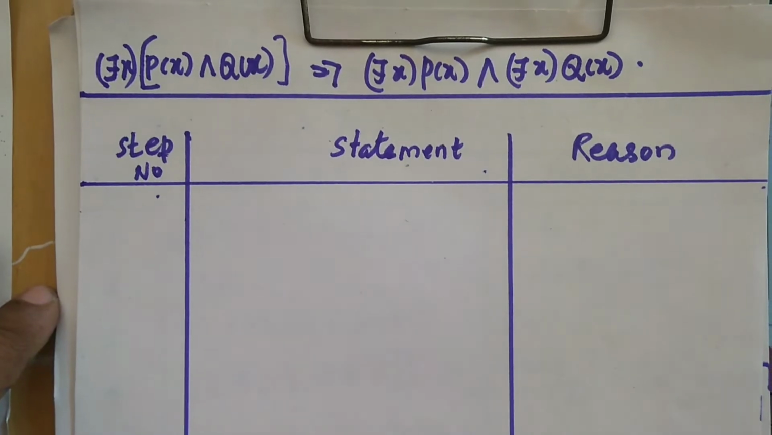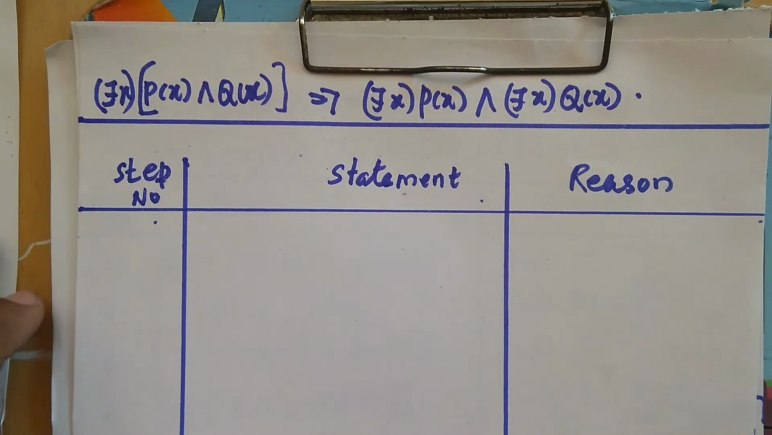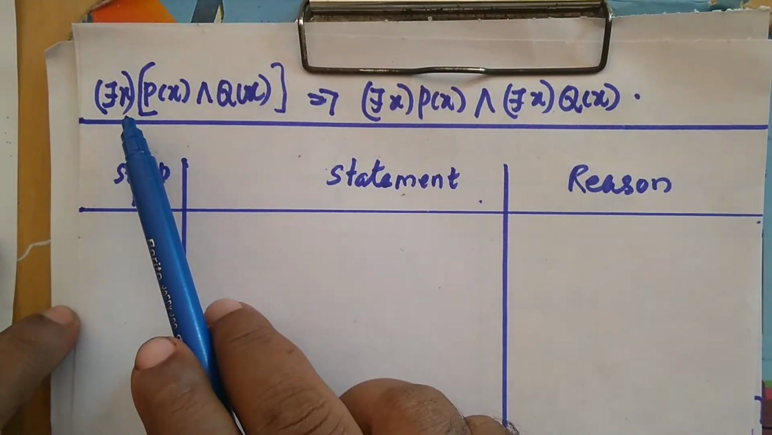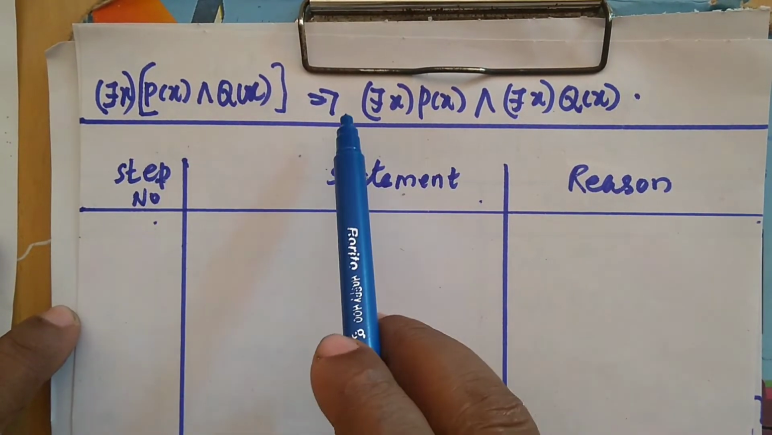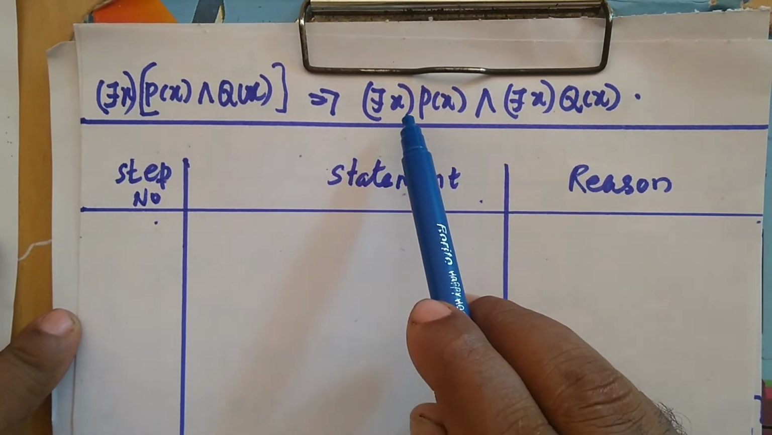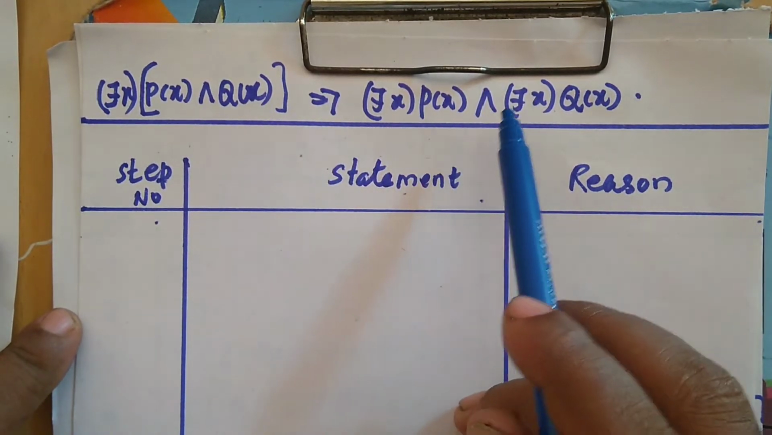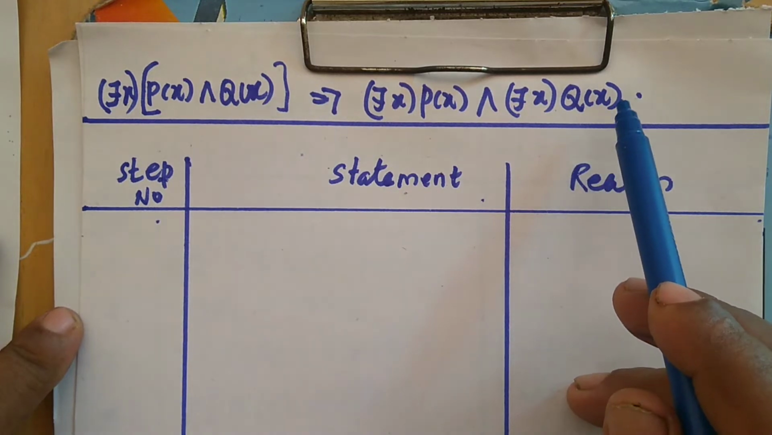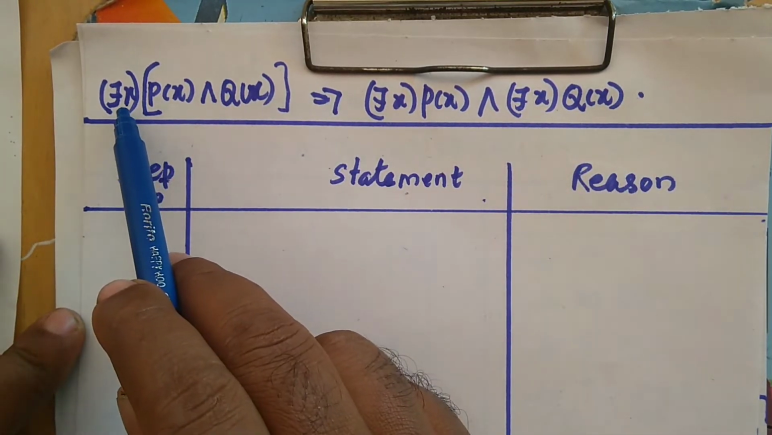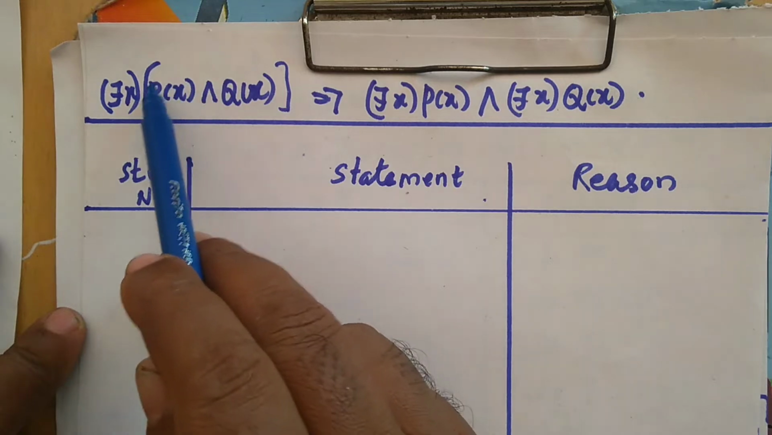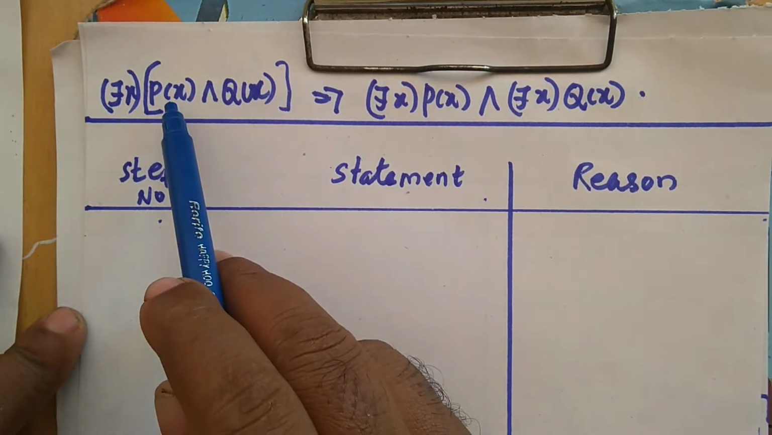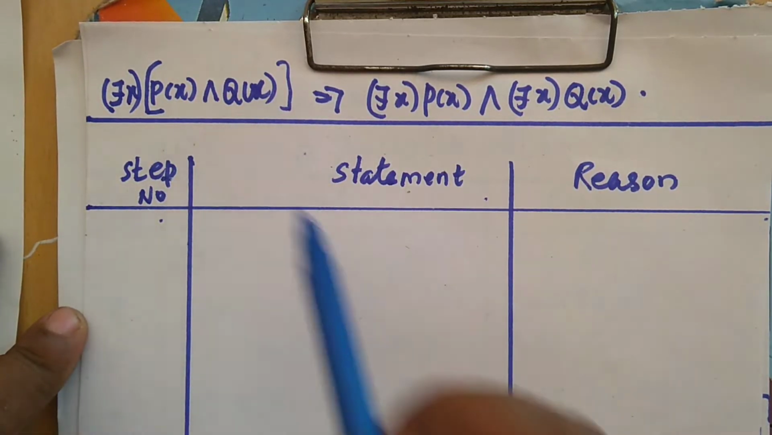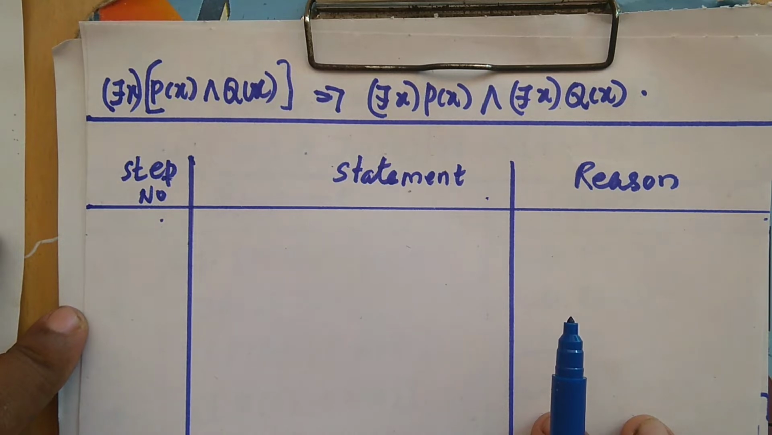This is the one example. There exists x, P of x and Q of x implies there exists x, P of x and there exists x, Q of x. Its meaning is we can take this 'there exists' inside the bracket, that is, for P of x as well as Q of x. So first one,